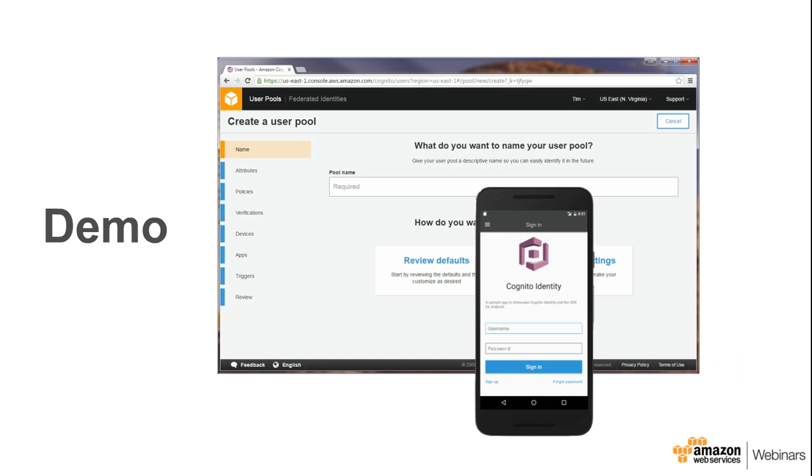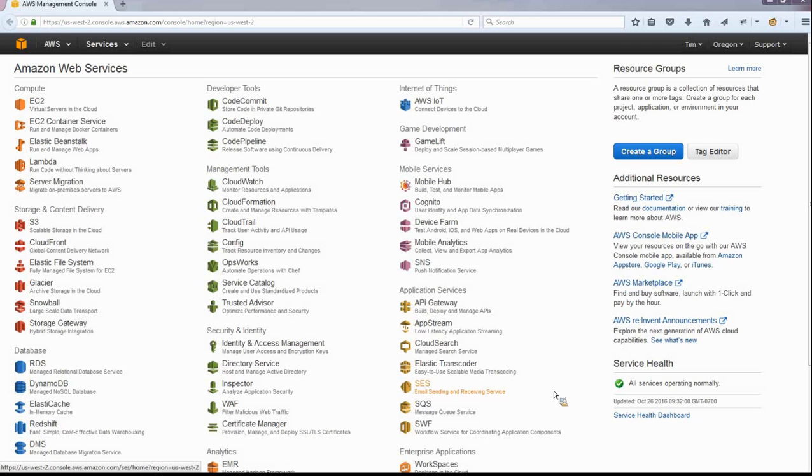Okay, so with that, I'm going to switch over to a demo so I can show you and make maybe some more of this very concrete for you, as you can see how you can set some of this up in our console. So let me quickly switch over. There we go. So what I've started with here is the AWS console to manage your account in many different